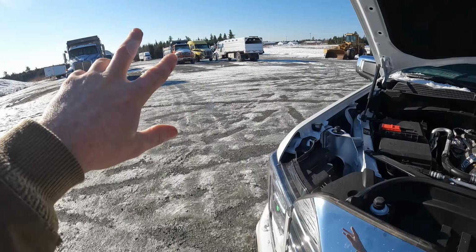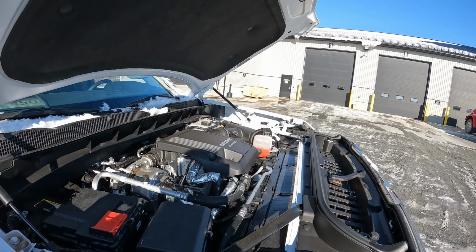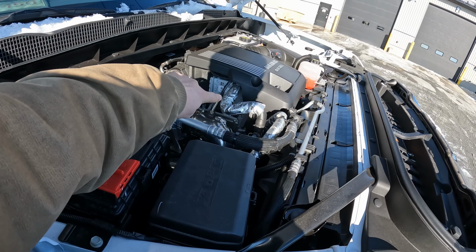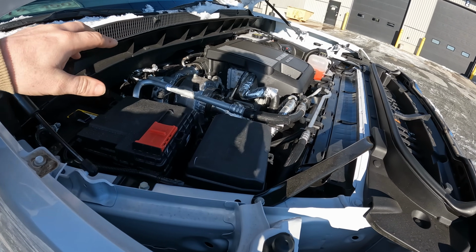Every single truck out here, guys, like I said in my last video, has this exact same setup. So I really like that about it. Actually, I'm wrong about that. So this is the back side of your turbo. Your exhaust comes forward. Your intake actually goes across the back of the engine, which is strange. I don't really know why they did that, but...